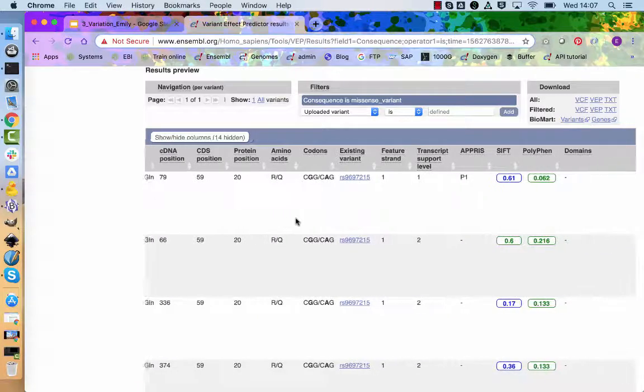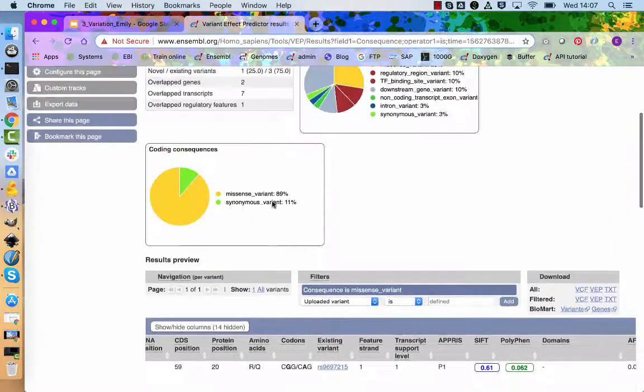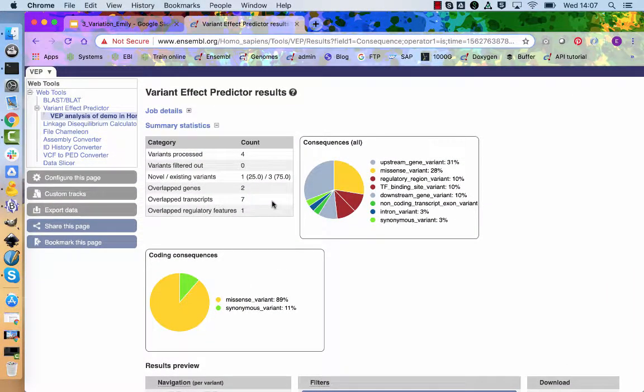And if I scroll across, you can see I've got things like SIFT and PolyPhen scores, amino acid changes, and other data like that. So that's the Variant Effect Predictor, and that's everything I wanted to say about variation data in Ensembl. And there are some exercises to do looking both at the variation data in the browser and at using the